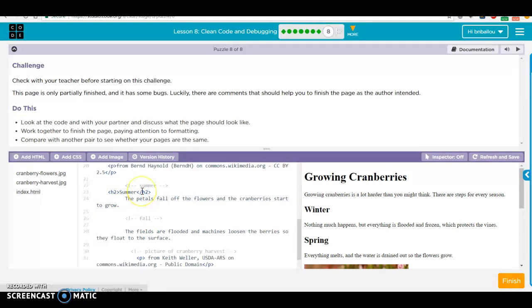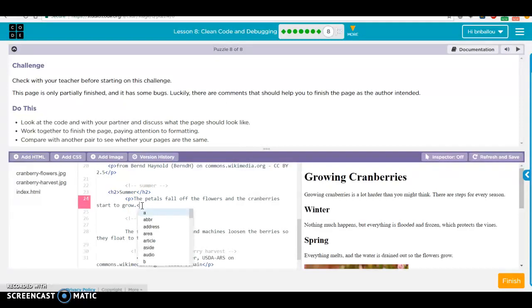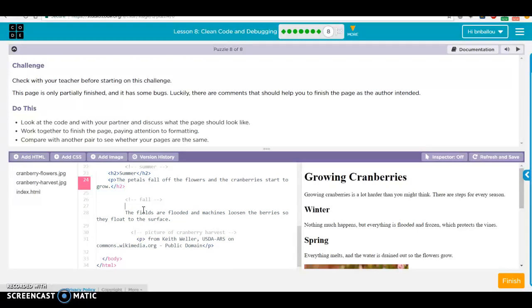And I notice that this isn't in a paragraph, so we're going to put paragraph tags around the summer description. Not H3, H2. Fall, which again,